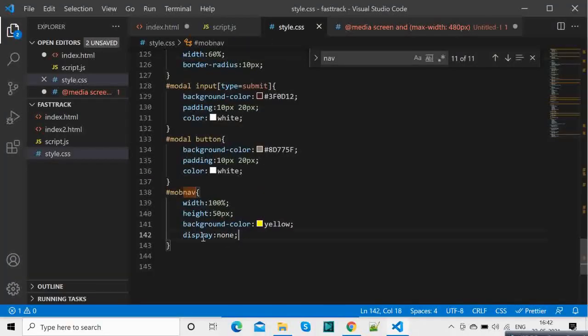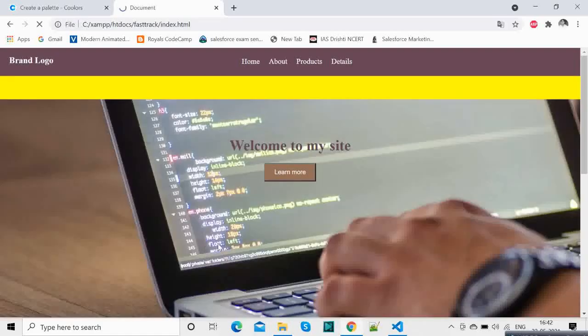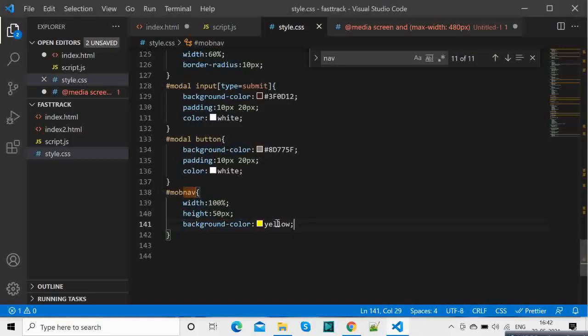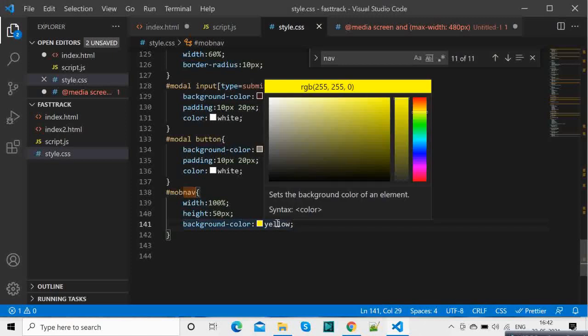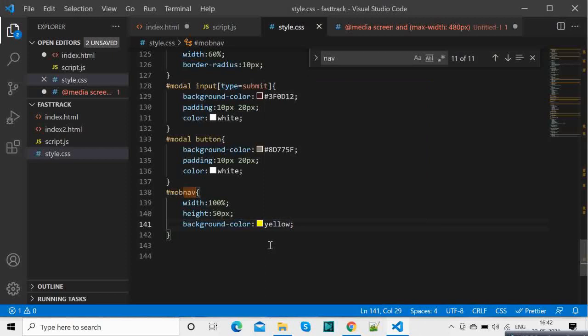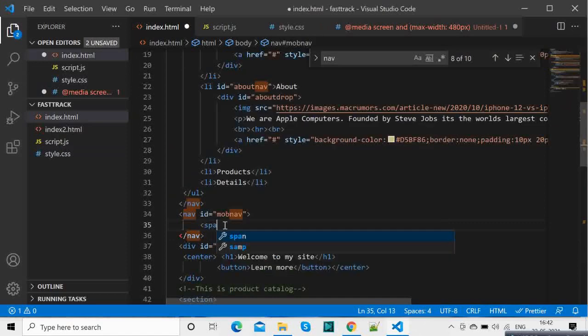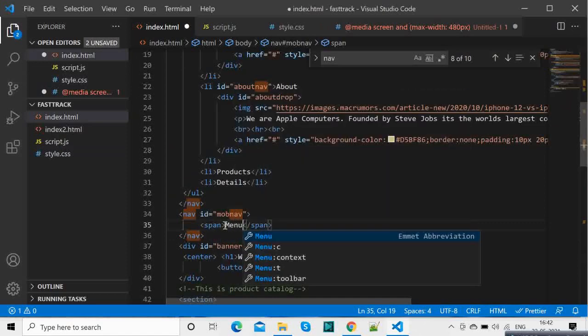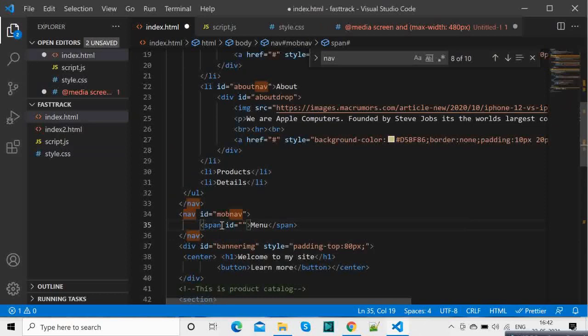So this is the nav bar. I just gave that color so that you can recognize it. But what we will do is we will give a span, let's say we will give menu, and an ID of mob nav menu. Okay, so this is the nav bar, if you see, and this mob nav menu we will give it